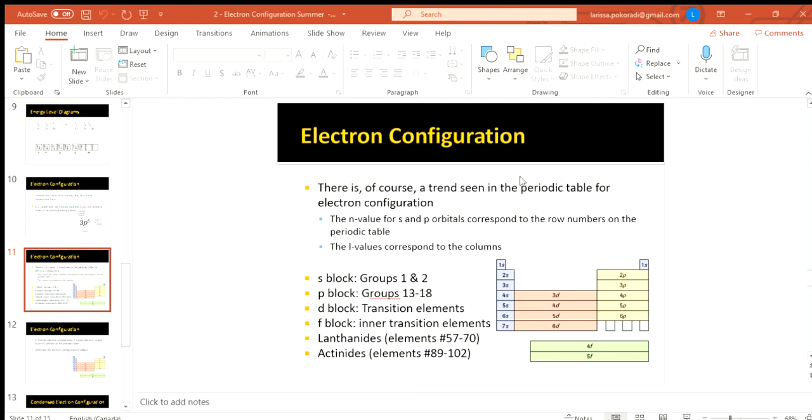So there is an easy way to see where your configuration is going to end. And that's why I said when we found aluminum before that there would be an easy way without counting all those electrons to know, because we finished our configuration at 3p1, that we're looking at aluminum. So we start at 1s, 2s. Our next type of orbital is a d. That's our transition metals. If S starts at 1, P starts at 2, D starts at 3,